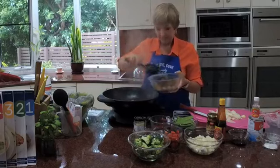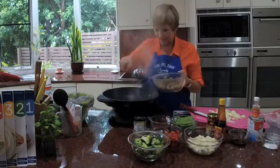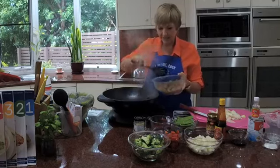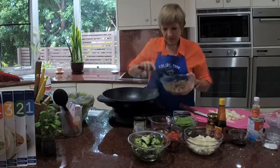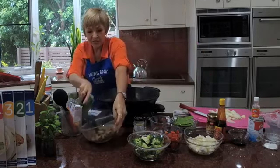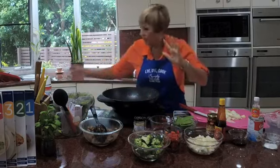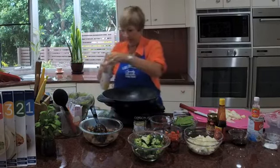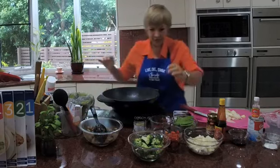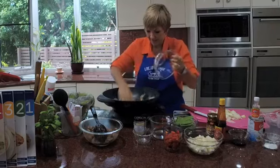All right. This is so lean that there's hardly any juice, sizzling and disappearing as I speak, in the pan. How good is that? Okay, so there's our meat cooked. Fabulous. Now we're going to add in a bit of cooking spray. We're going to put in the broccoli